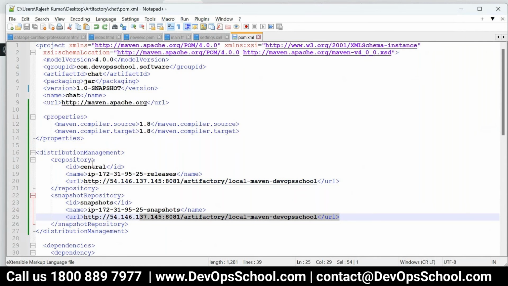So here there's an ID, this section element called central, this section element called snapshot. So remove that. Snapshot. So now the question is, okay, Maven has this repo, but how does this